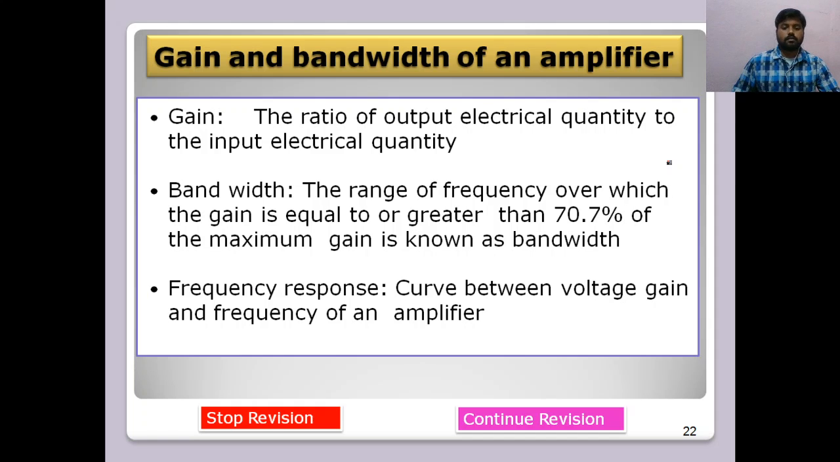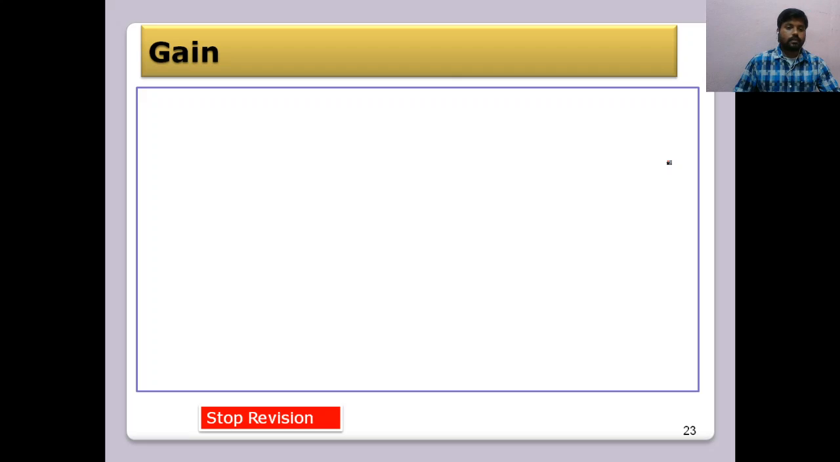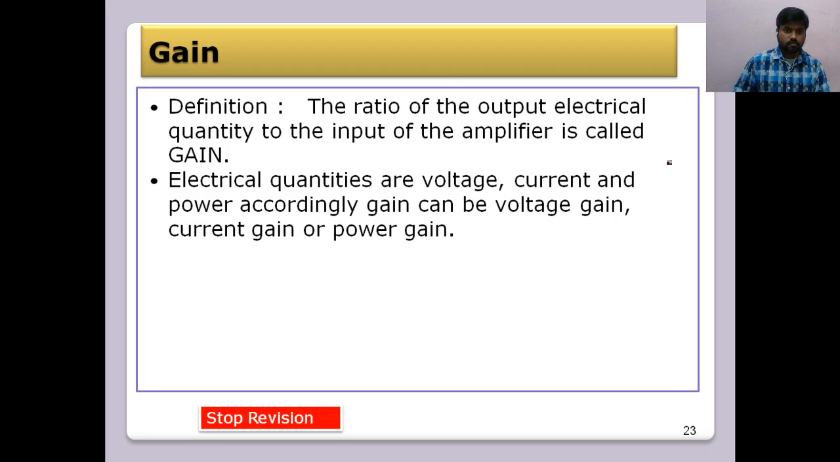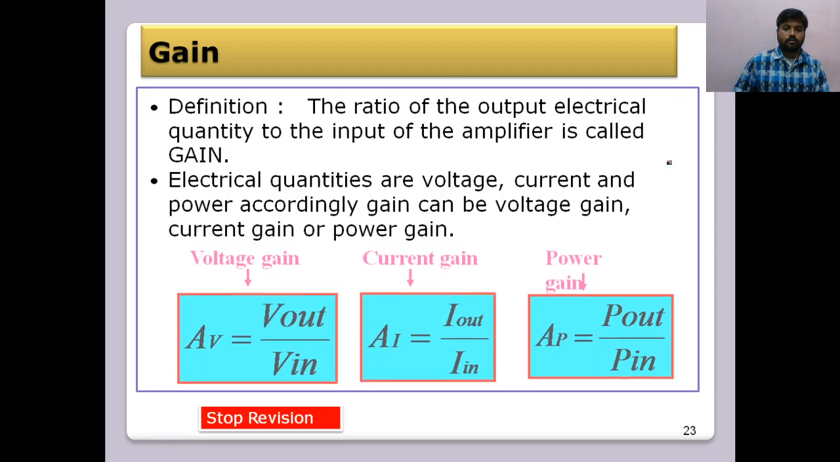Frequency response is a curve drawn between voltage gain and frequency of an amplifier. The definition of gain: we know it is the ratio of output electrical quantity to the input of the amplifier. The electrical quantities are voltage, current, and power. Accordingly, the gain can be voltage gain, current gain, and power gain. So here